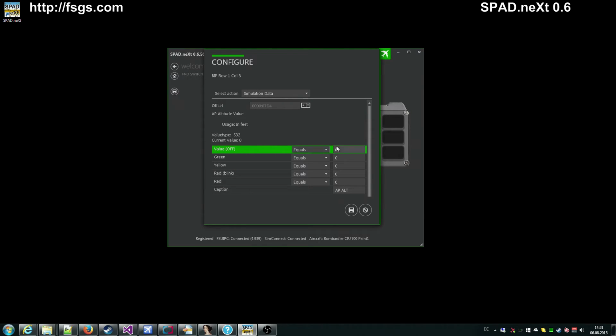Important to know is if none of the values match, the plate will be automatically turned off. For the equations, SPAD.next will first try to find a value that equals a value. Only if it doesn't find an equal value, it will use the other comparators. So we start with a value for off. It shall be 0. Let's say we make it green